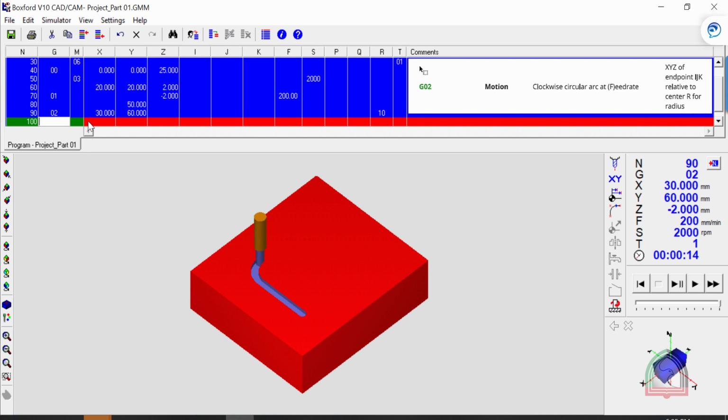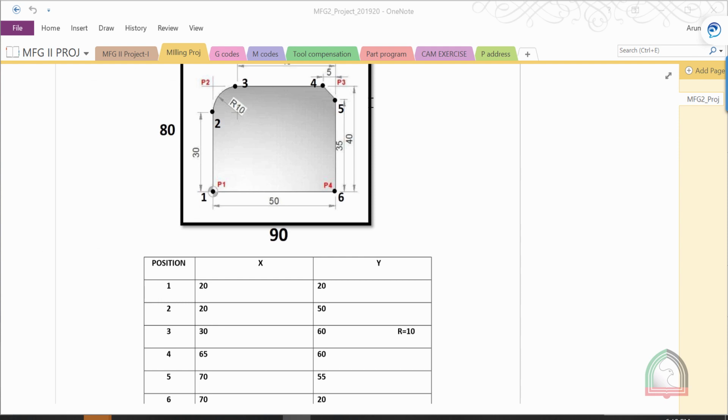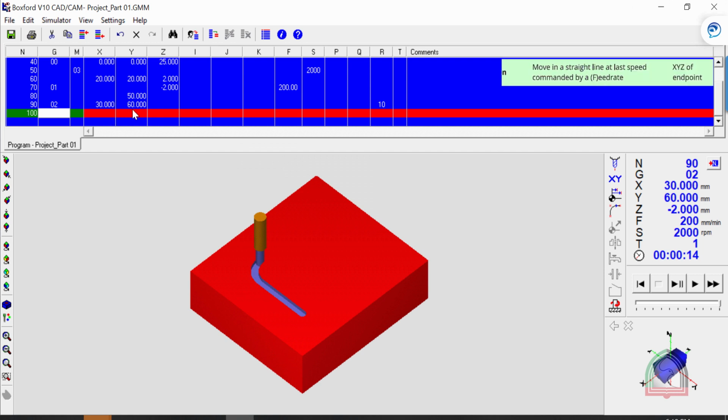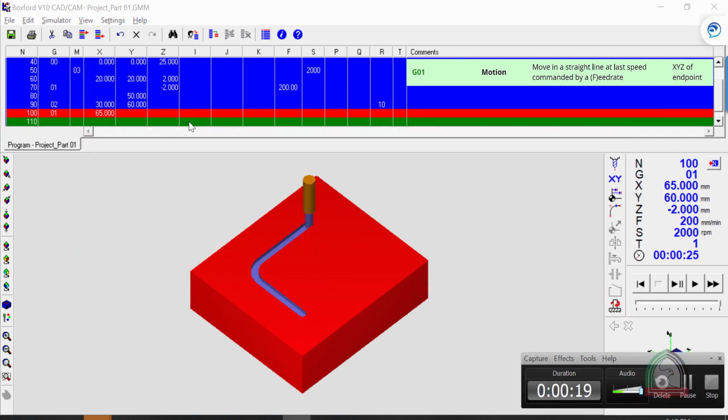Now we can quickly complete because all is linear interpolation only. So 3 to 4 is linear interpolation. The value of 4 is 65, 60. So it is G01 again. Then 65. No need to give 60 because the value of Y is already 60. So it will go there. Then the position number 5.